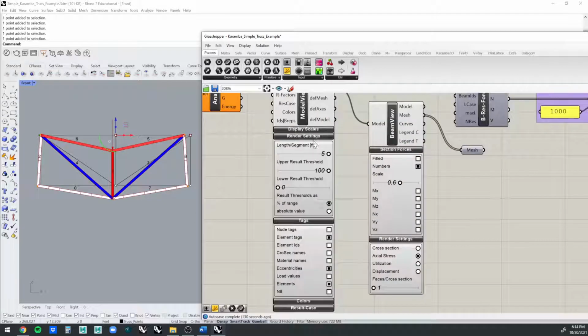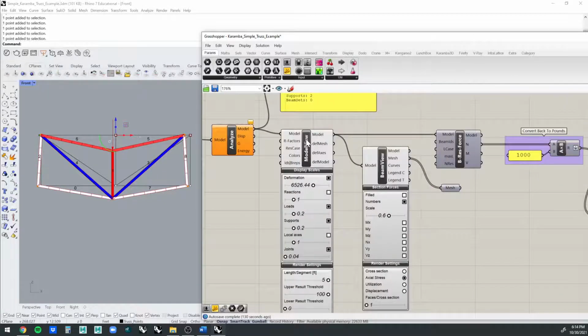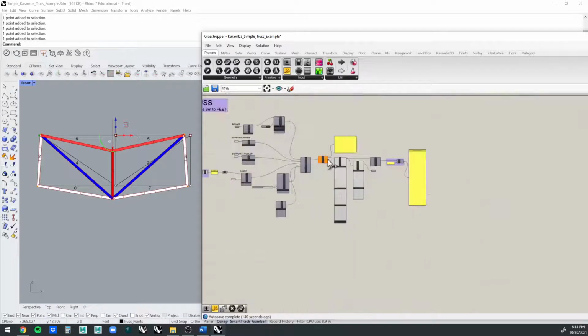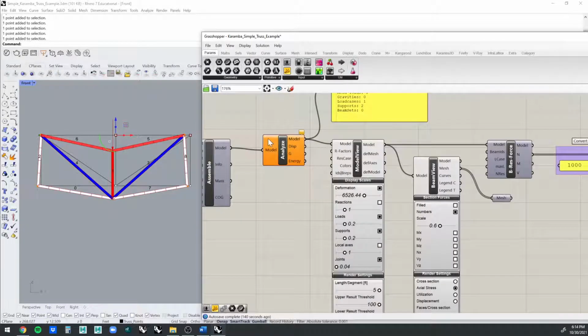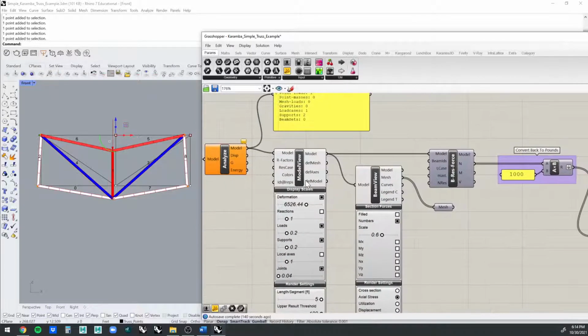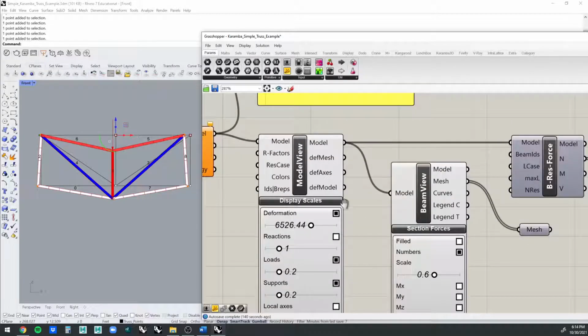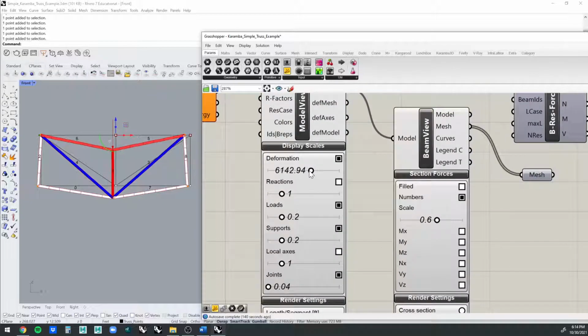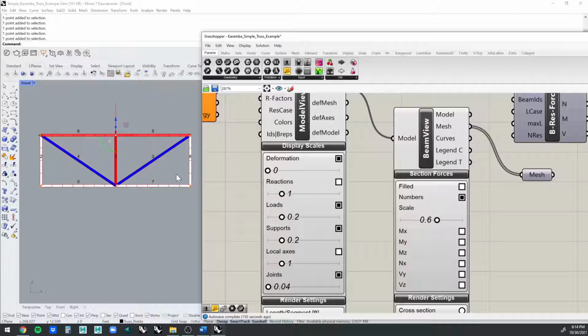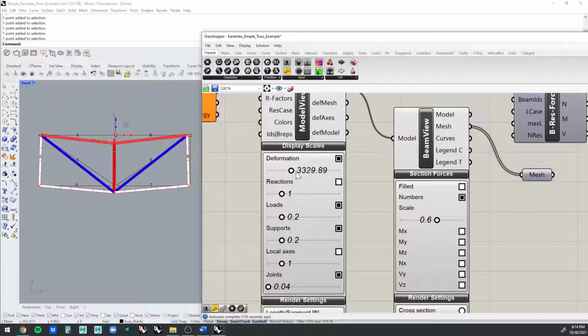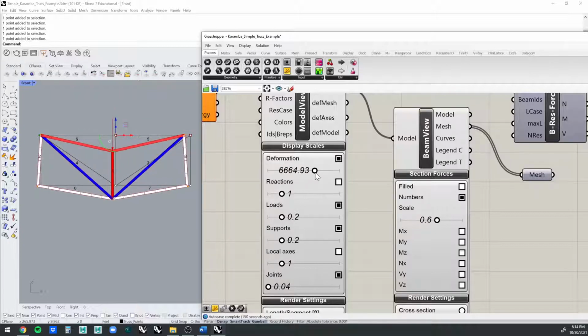But if we go over to the render settings here on the model view, so we come over to the middle of the script, pass to analyze, and then look at the model view, there's a deformation scale. So we could slide this to 0. We're still seeing tension and compression, but we're not seeing the movement. And the deformation is basically just allowing you to exaggerate the deformation to show you how the structure would tend to move if it moved,